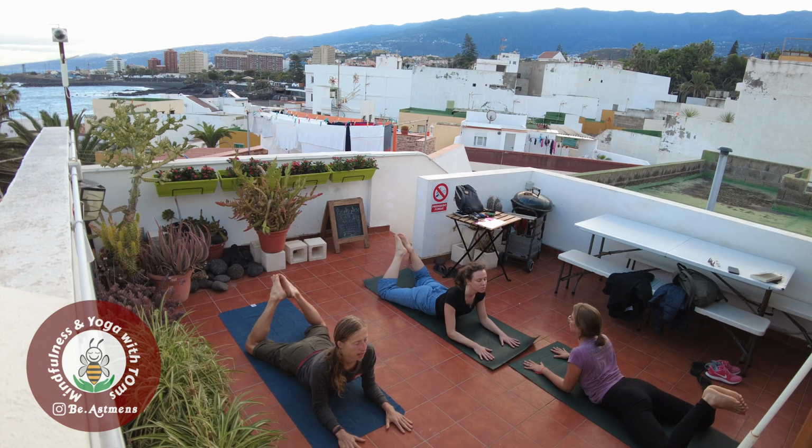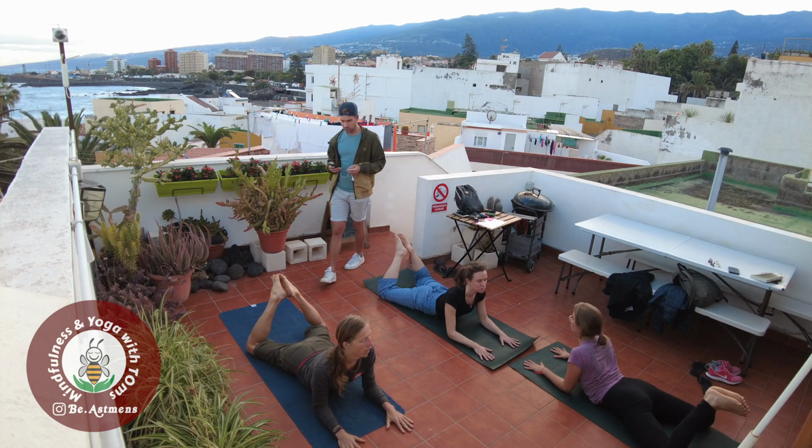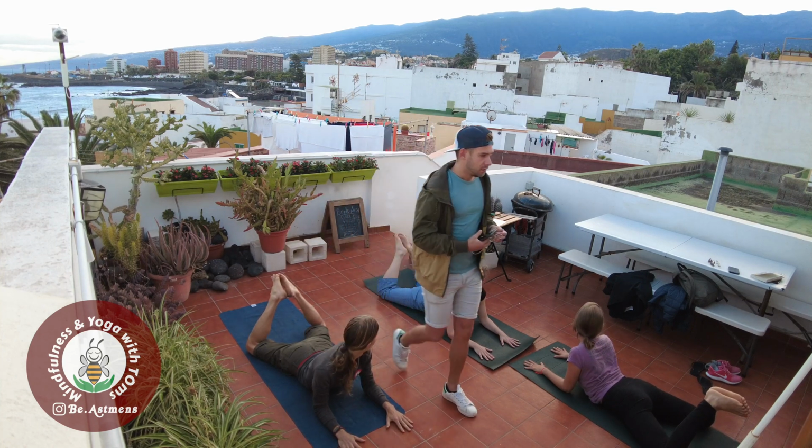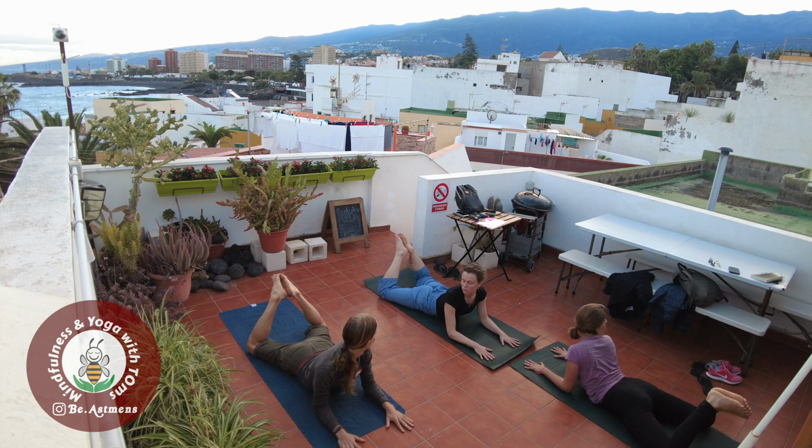And you can stay here if you want, or with next inhalation, lift your chin up to the sky. Going a bit deeper. And exhalation back to the middle. Inhale here, exhale, twist to the left. And as you exhale, try to twist as much as you can. Hold it for 3. Keep your shoulders back and down. 2. And 1. With a smile back to the middle, remind yourself intention of the class,